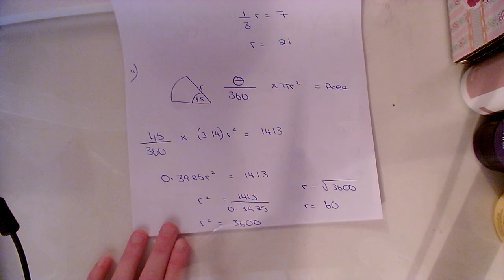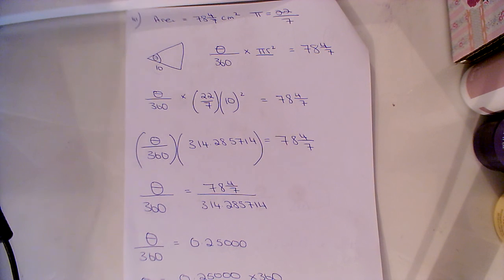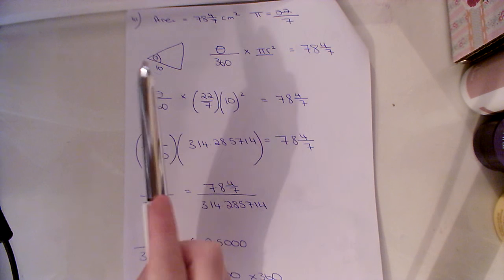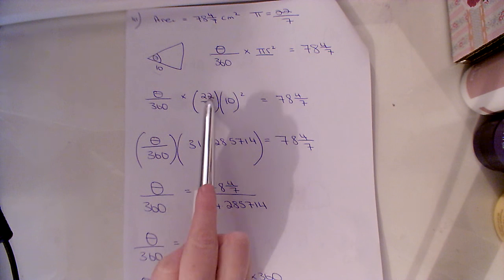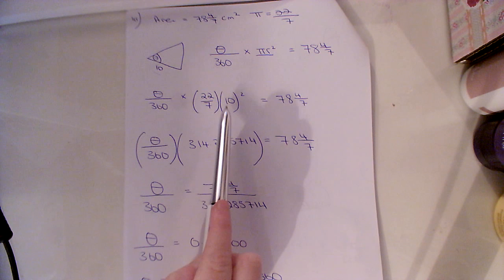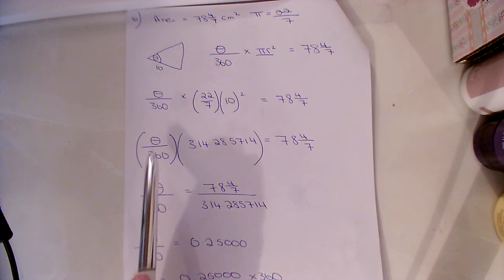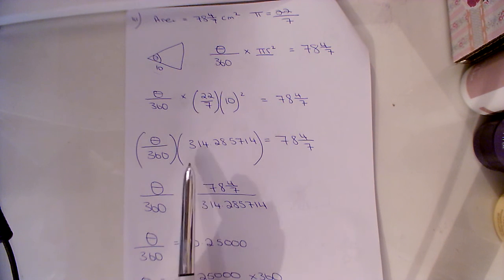So I have theta over 360 times 2 pi r is 23.8 pi. These are being multiplied, so the reverse operation of multiplying is division, so I'm actually going to divide this over here. So I'll have theta over 360 is equal to 23.8 pi. I have theta over 360 because I actually divided across by pi. I have theta over 360 is 23.8, and then I multiply up by 360 to get theta on its own, so I get theta is equal to 1. Here I'm given the area is equal to 841.52 centimeters squared, and I'm told to take